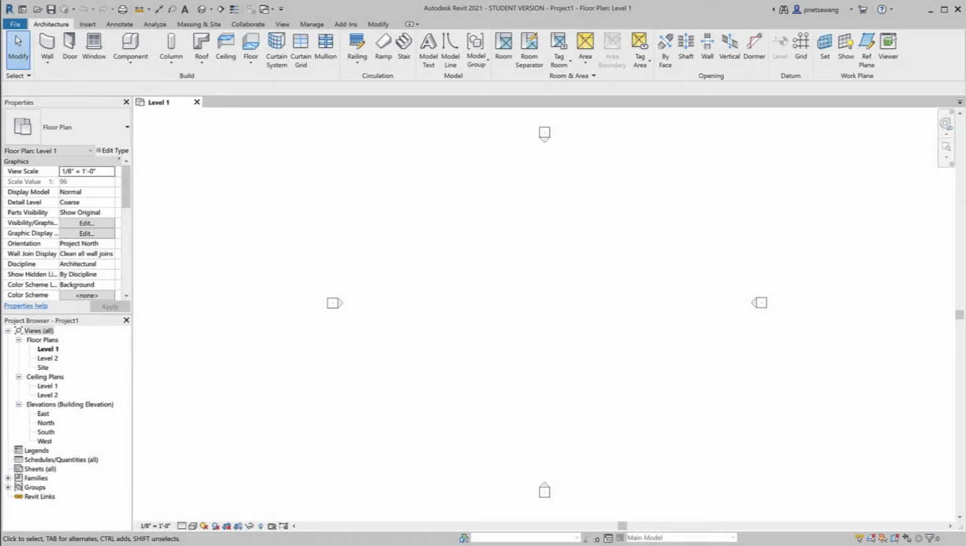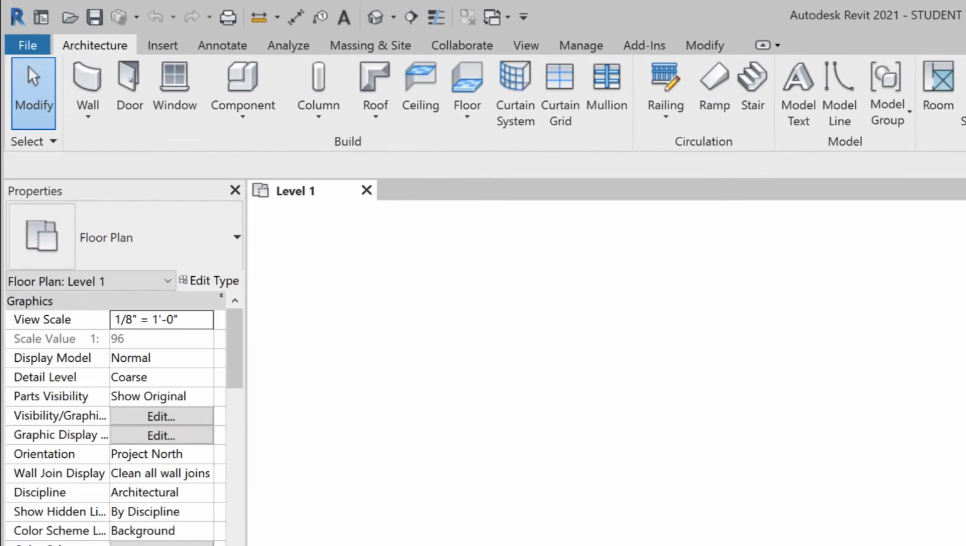Wall is perhaps the most basic Revit element you will use when working with Revit. And most likely it'll be the first Revit element that you will place on your project. So when it comes to Revit model elements, it makes sense for us to start here. Let's get started. To get to the wall command, you will go to Architecture tab, then under Build panel, you